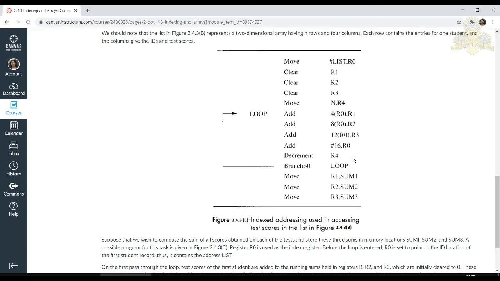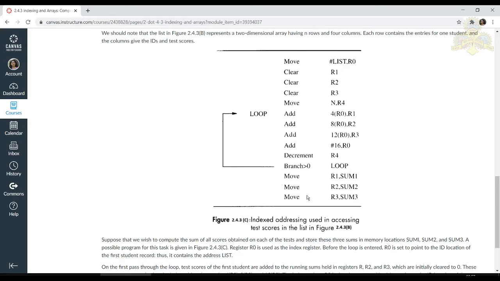R4 was 1, so 1 minus 1 becomes 0 and this condition becomes false. After that, we move the contents of R1, R2, R3 to the sum1, sum2, sum3 locations. So what we have achieved now is that for the students, we have calculated the total marks for each test.